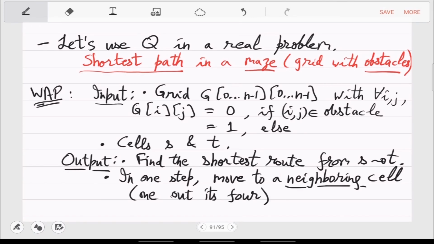Right, so neighboring cells are in the 4 directions, and you can move in one step to one of those. Yeah, so basically the problem is defined.